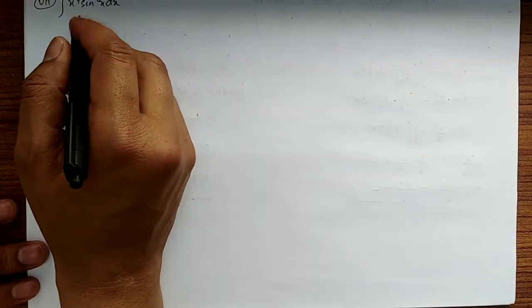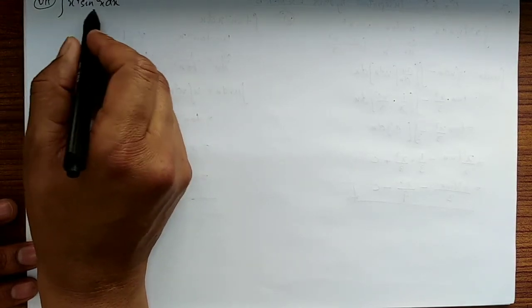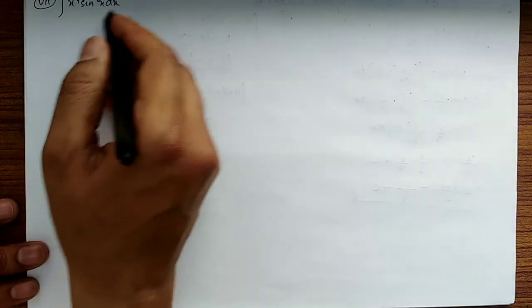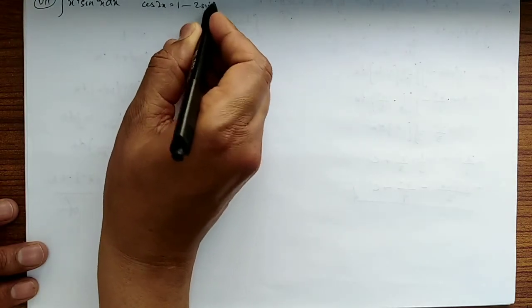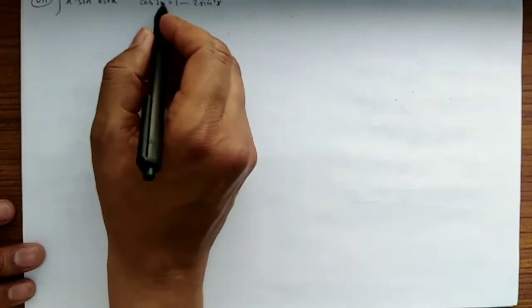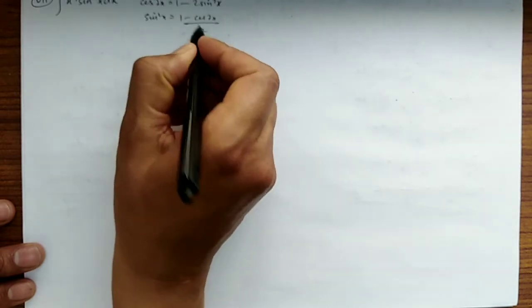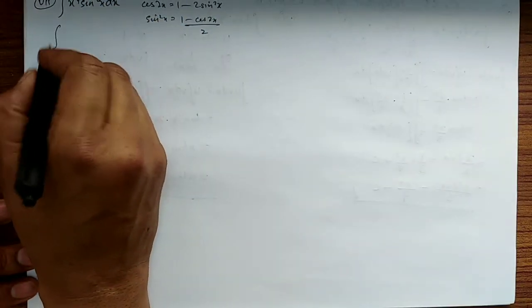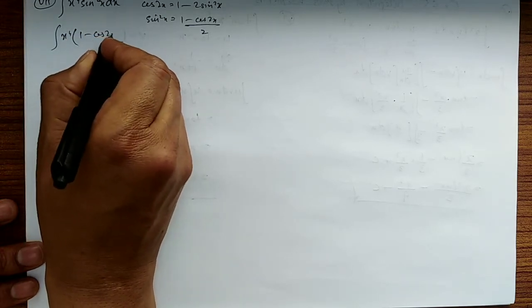Okay guys, this is one of the lengthy questions of the exercise. So before applying the formula of integration by parts, we are going to rearrange, just modify this question. So we know that cos of 2x is equal to 1 minus 2 sine square x, and from this we are going to find the value of sine square x, which is sine square x equals 1 minus cos 2x upon 2. Just put the value here. This will give us 1 minus cos 2x upon 2,